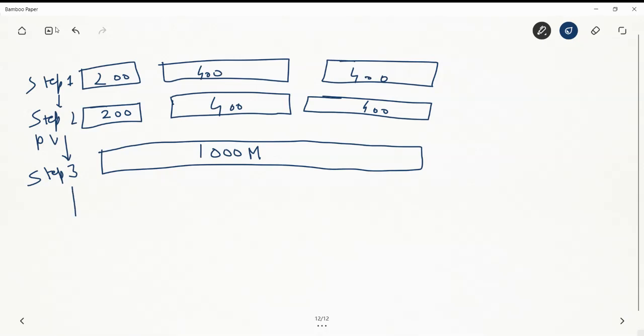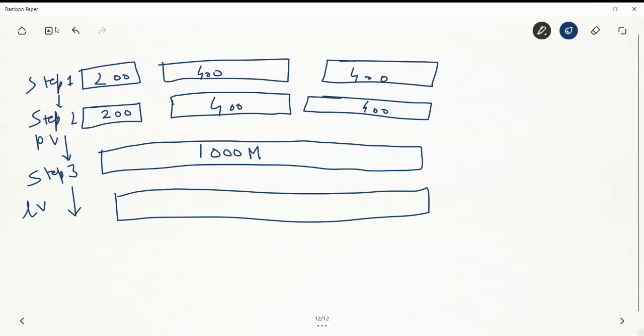After creating this volume group, we create a logical volume from this group. What do we mean by a logical volume? We say that we are creating a logical volume from this group, and we have to tell it what size we want. Let's say we create a logical volume of size 300. So the remaining 700 MB is space which is available and can be used.